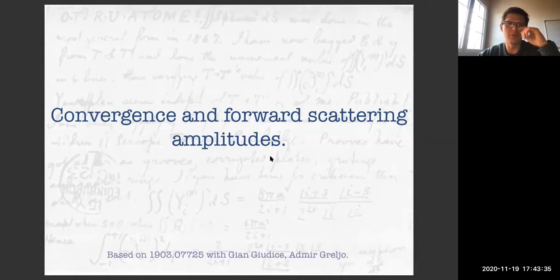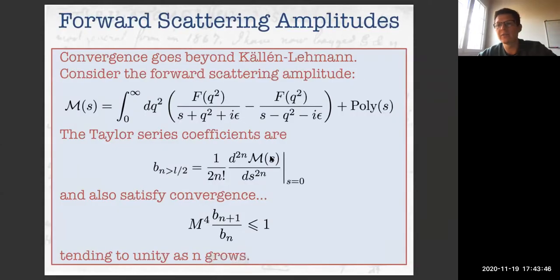But to go beyond this, you can look at things like forward scattering amplitudes, which are observables. And then they're independent of any field redefinitions or anything you can do. And a similar sort of logic applies. Essentially, it's just a close cousin of this. So if you have some forward scattering amplitude, a scalar forward scattering amplitude, which takes a form like this, where by the optical theorem, this is the imaginary part of the forward scattering amplitude in here and in here. And then we can do exactly the same thing.